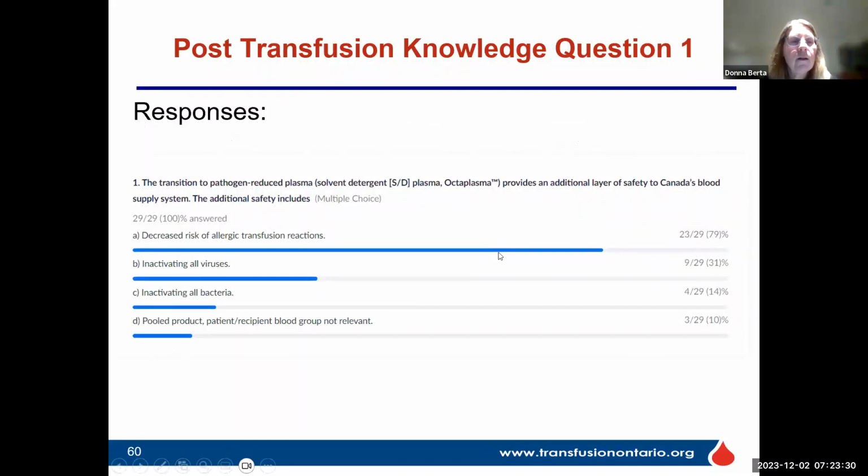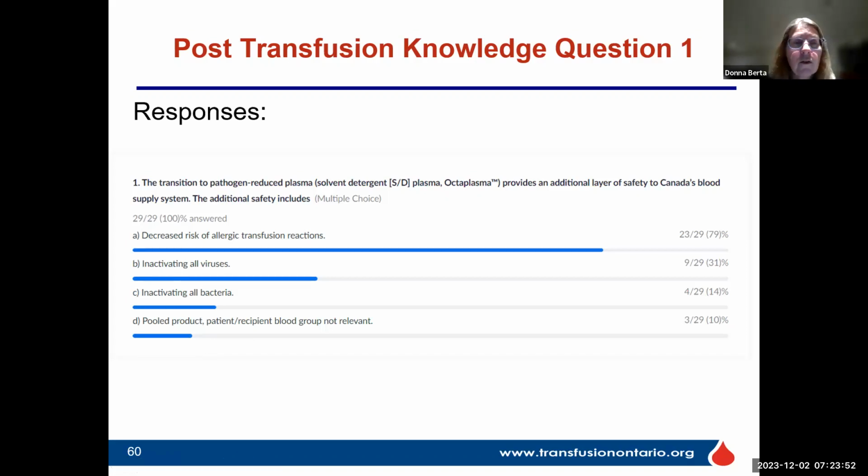And yes, indeed, the correct response is decreased risk of allergic reactions. Solvent detergent treatment does not inactivate all viruses. It's only the lipid enveloped viruses, does not inactivate all bacteria, and ABO blood group is relevant for plasma transfusions,